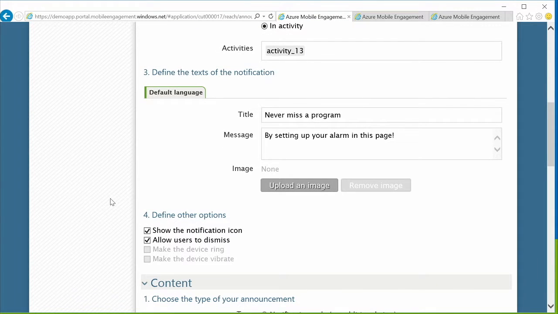So here we took again the example of that video application where there is actually an alarm so that the user can click on this alarm and be warned when that program or video becomes available or something like that. Why is that interesting? For the user, obviously, it avoids missing a program he wants to watch. For you as an app owner, it is definitely measuring the level of engagement of your user for specific shows.